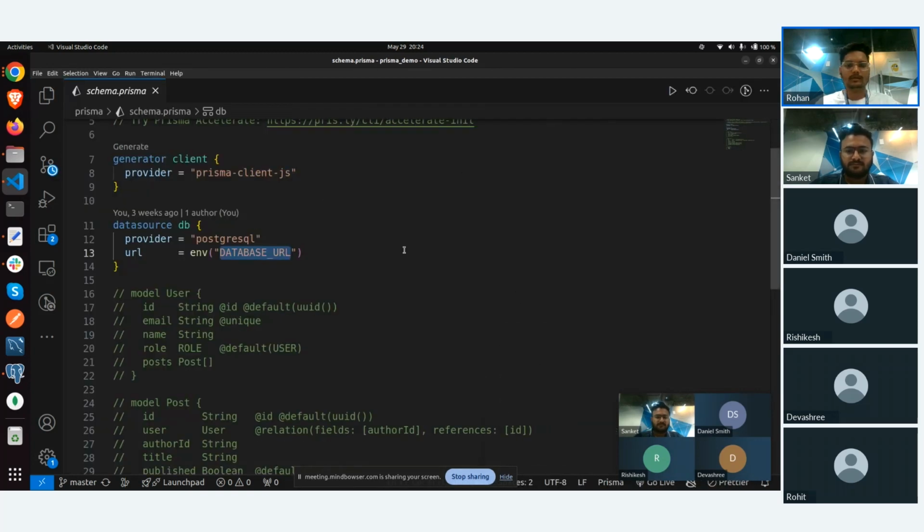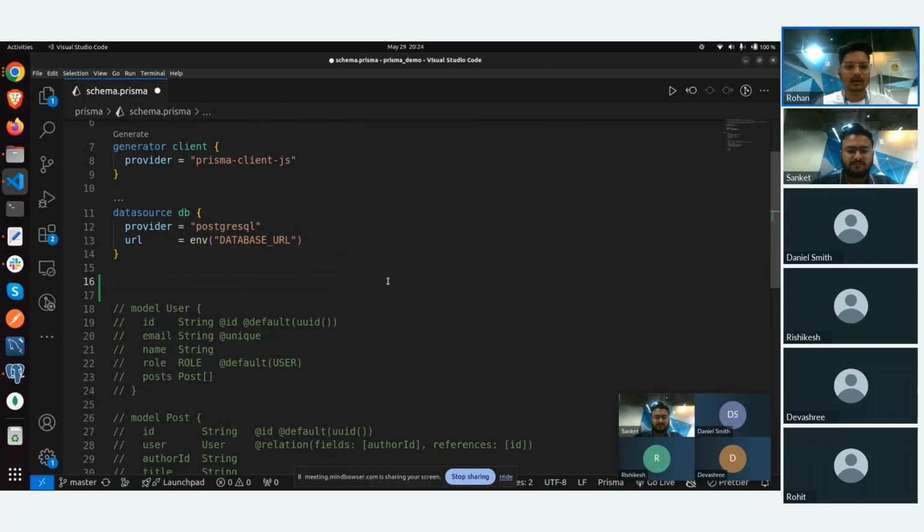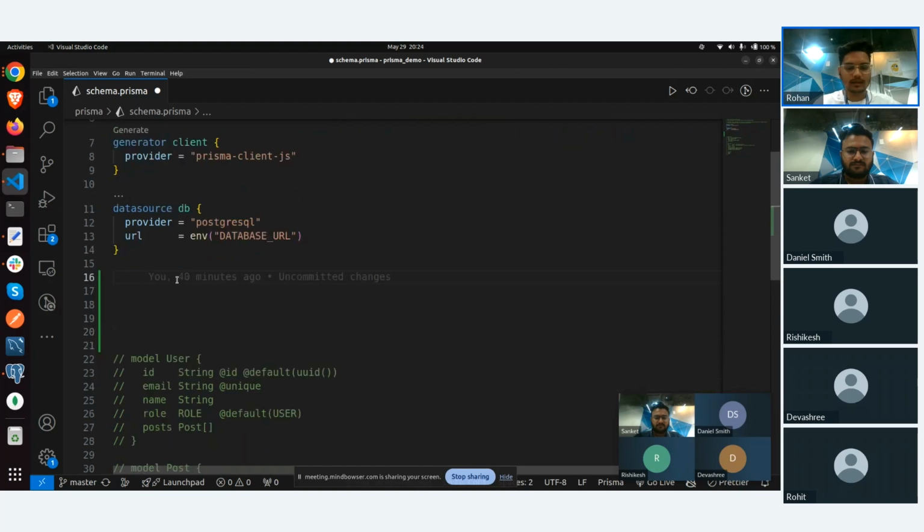So let's start with the schema building here. I will try to explain how we can develop or build the schema inside your schema.prisma file. In order to build your schema, you need to write the keyword model. This is a predefined keyword for Prisma, so that Prisma knows that this is a model for your database. So let's create a user table,